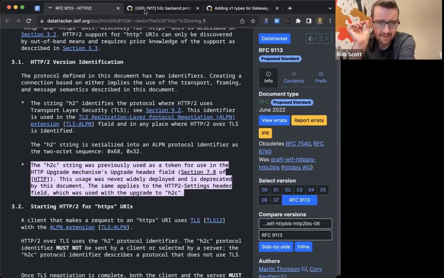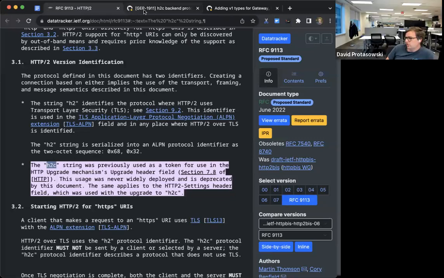Sorry, my audio cut out partway through there, so I missed the middle bit of that. But I just want to clarify here. Are you removing the idea of H2C as a whole, or just the suggestion that it be used as an upgrade header? The suggestion to be used as an upgrade header, and then I'm going to update the KEPs to say H2C means HTTP2 over clear text, and it's going to be using prior knowledge. You should be using prior knowledge. Got it. That makes sense.